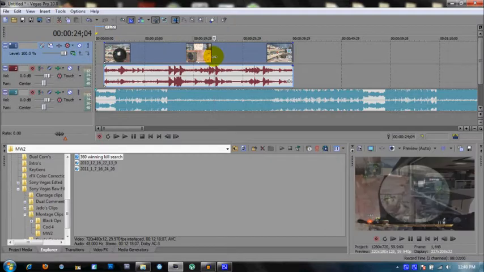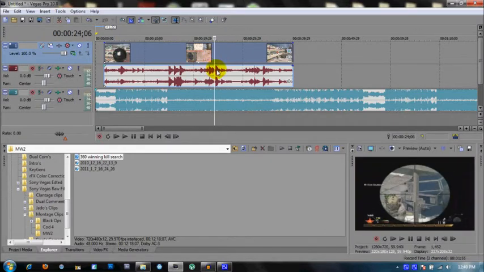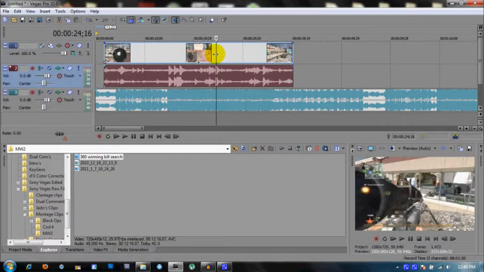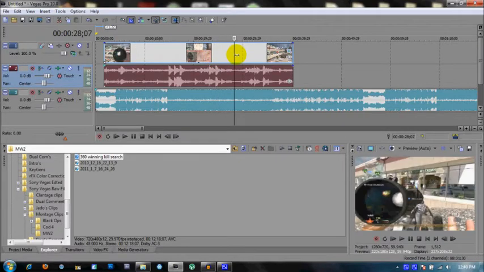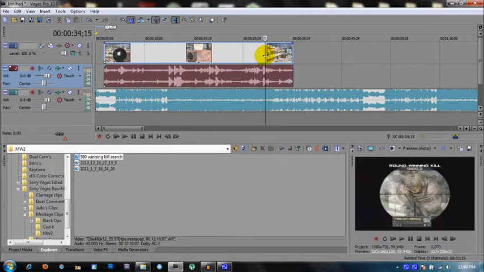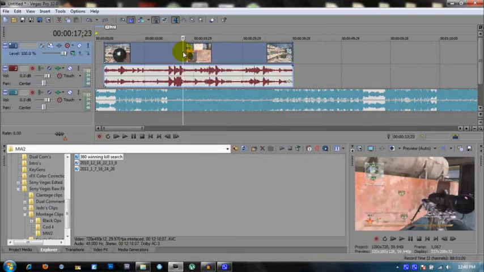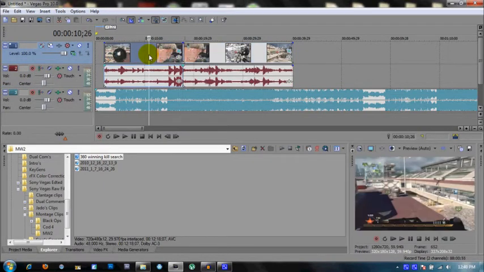And so I know where I shoot by these little lines right here. These are the sound waves, and with the intervention, where it peaks, that's where you shoot. So I shoot right here, and I shoot right here. So I'm going to line this up with this and this right here. So I'm going to make this a little bit shorter,